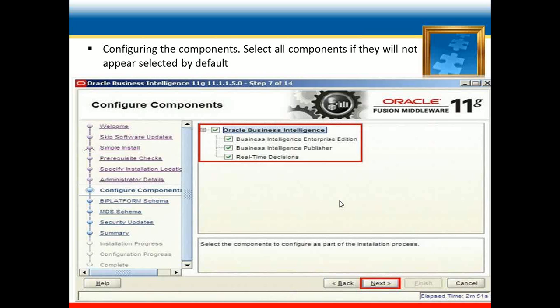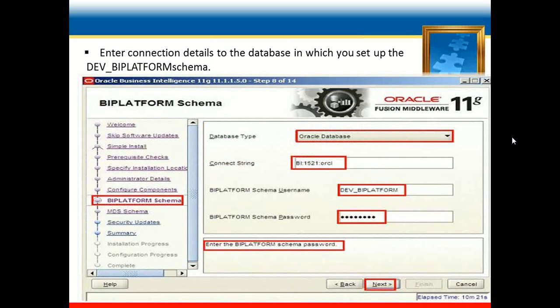Just hit the next button, and here enter the connection details to the database in which you set up the Dev BI platform schema. Here we need to give the database details for our schemas and databases. The database type is Oracle, and in the connection string we need to give the host name of where we created our schemas, the port number, the service, and then the schema username and schema password.